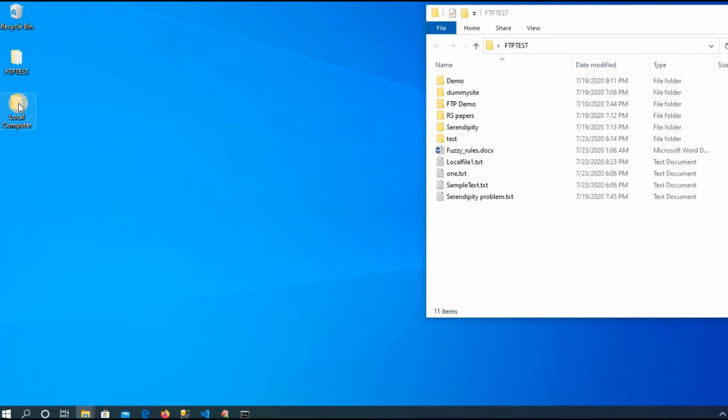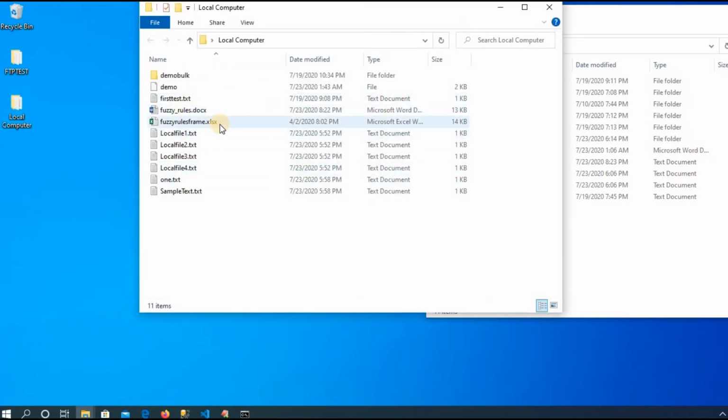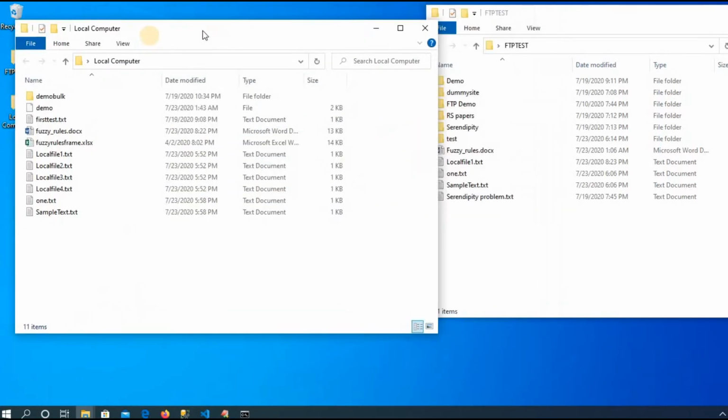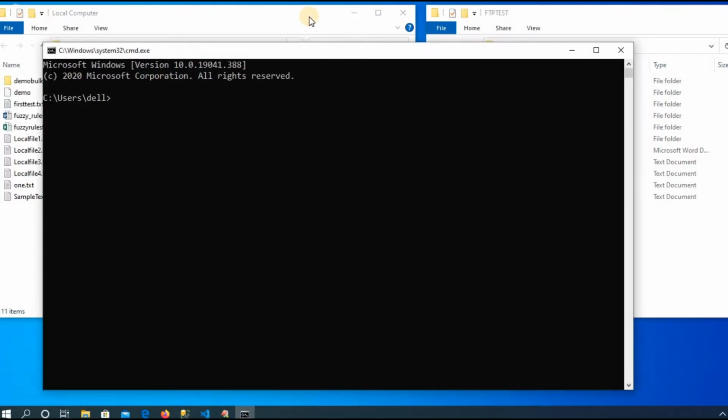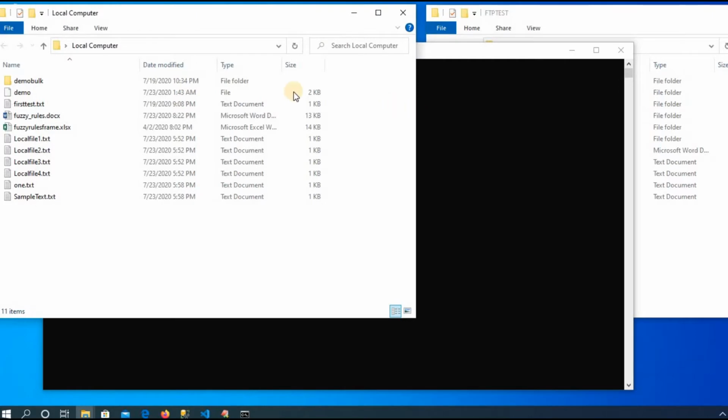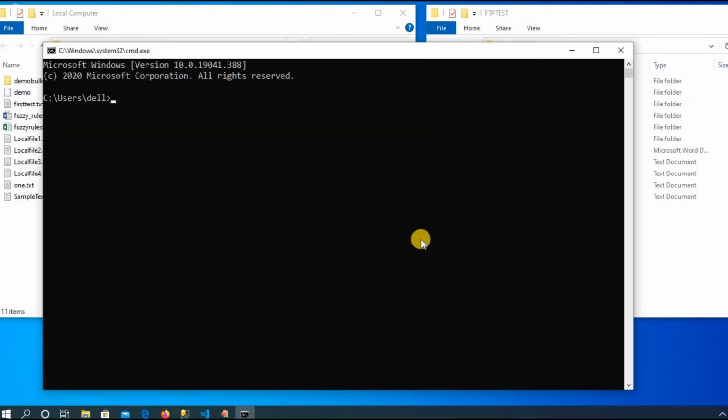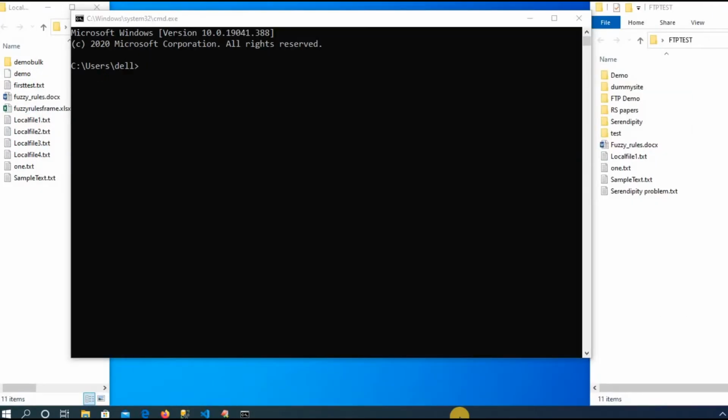Now this would be my local directory via which we will communicate. Now let's start the communication. Currently I'm in this directory, but I want to change my directory to desktop and to this folder.